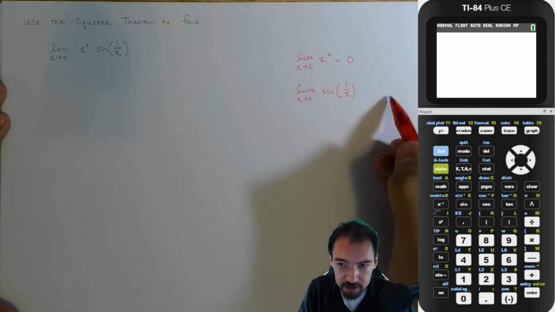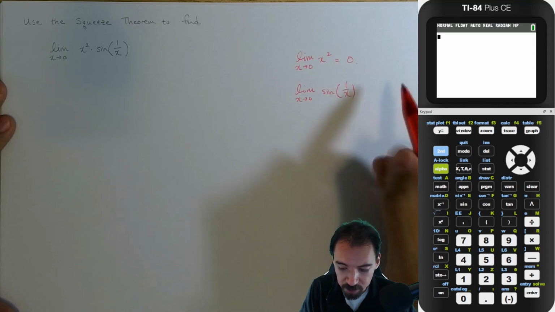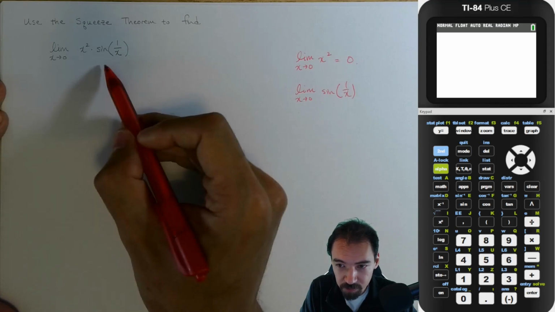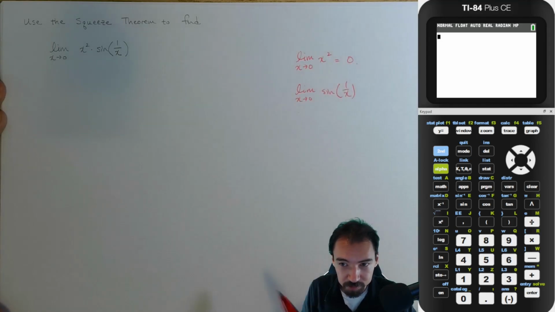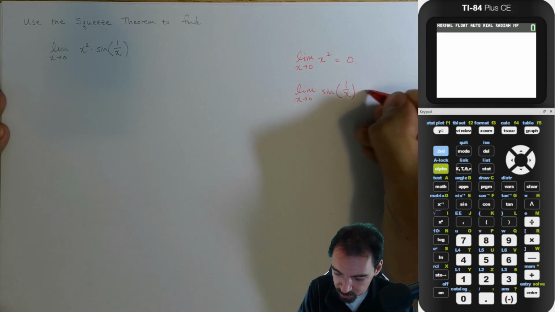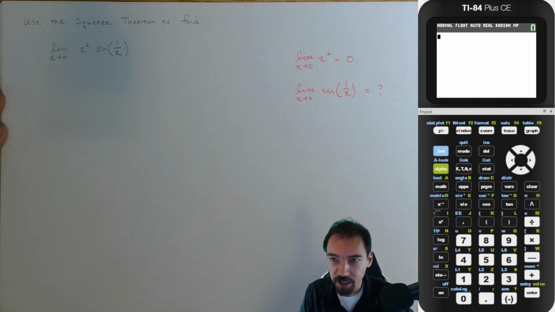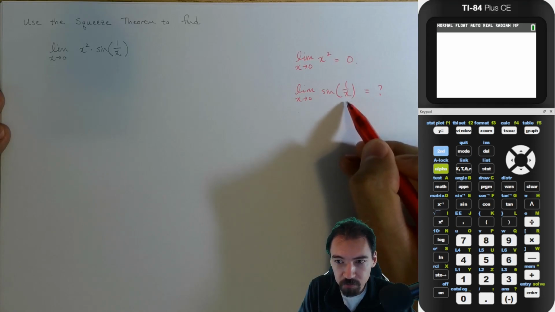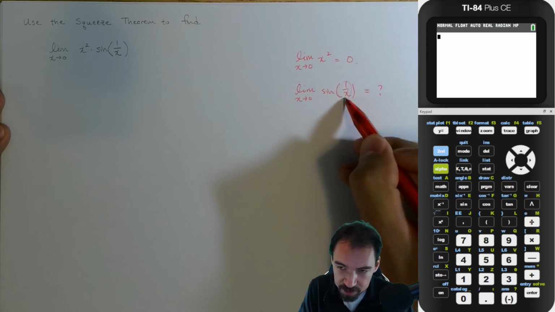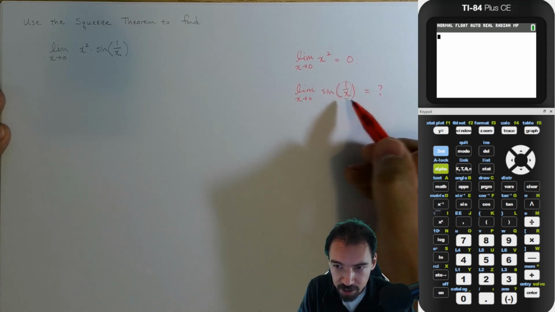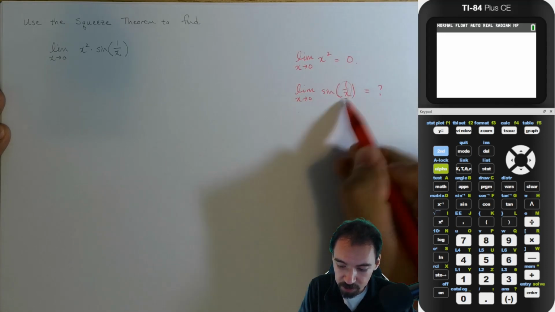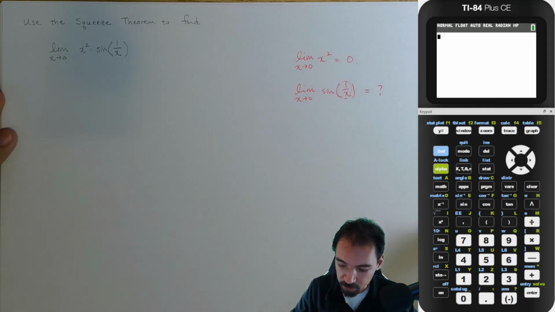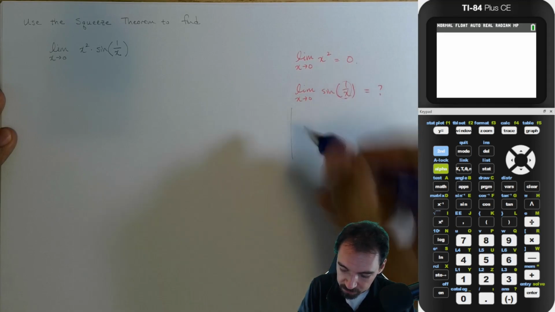And the deal is, if this limit also exists, remember, then we can say the individual limits exist. The limit of the product is just the two limits multiplied together, right? That would be a thing. So now I'm super interested in finding that limit. Now, furthermore, I look at this and say, well, we've discussed cases where we have an inside function and an outside function. Can we split this up and do the limit of the inside first? And the answer is no. How come? Because if I look at the inside function,